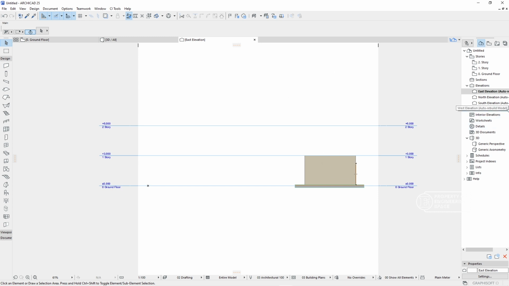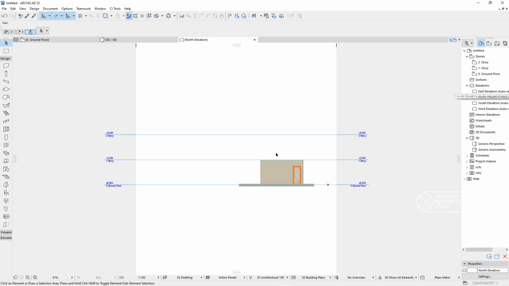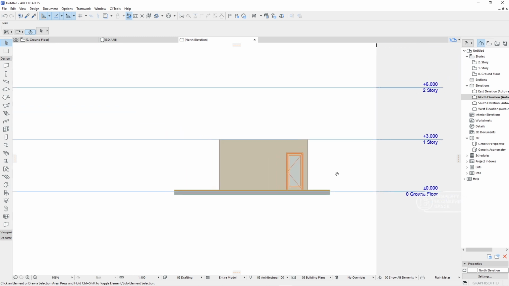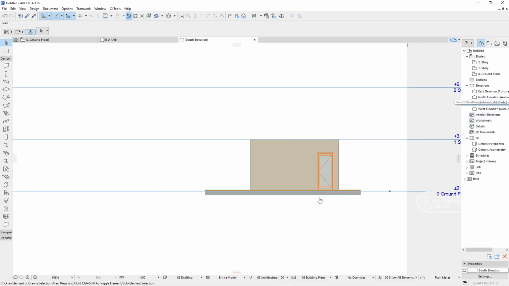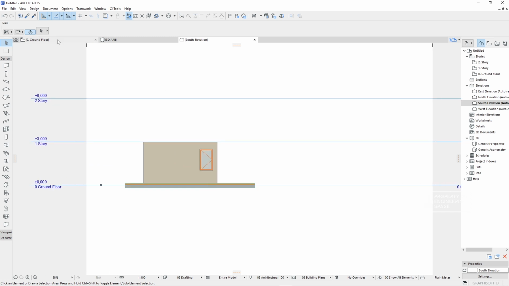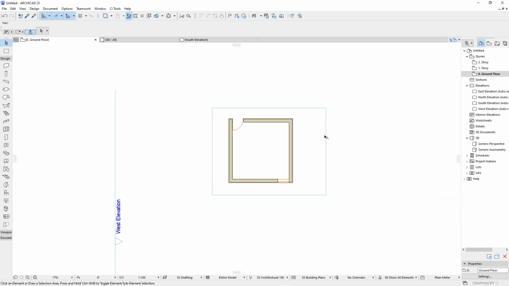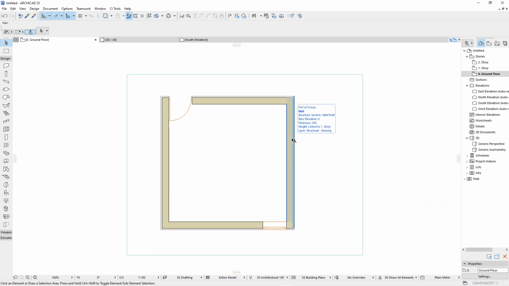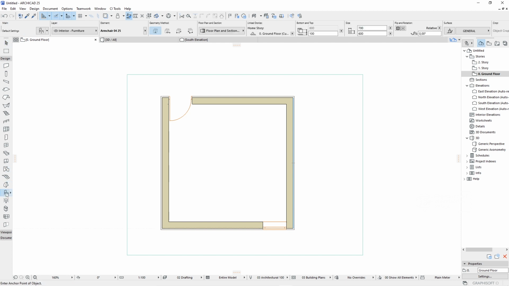This is the building, and if we go to the north, I think we get the door, and if we go to the south, we got the window. Alright, that's it about the elevation view. And of course, you can also put some object here. Let's say I would like to put a chair here, I think,